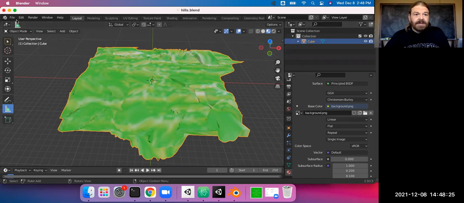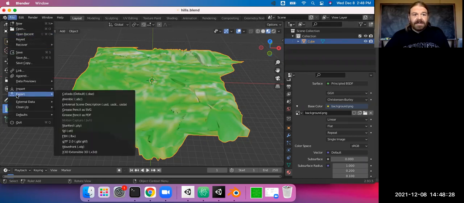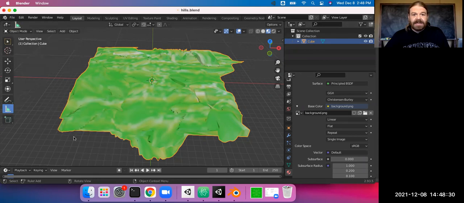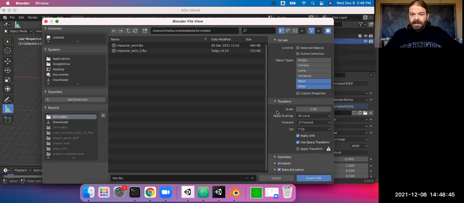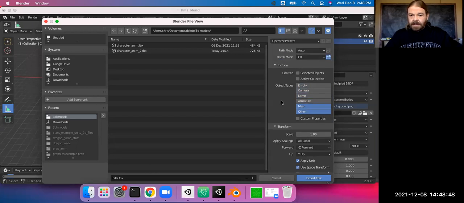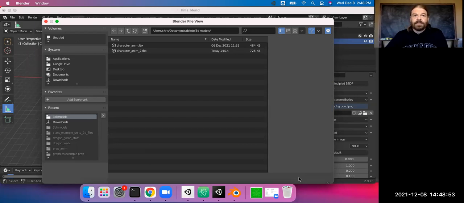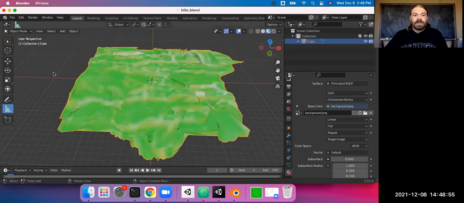So in this case, we might need to make that an FBX file. So export that as an FBX, Hills.fbx, and all we need is the mesh. There's no armature or animations or anything like this. Maybe other. Yeah, I'll just export that. I'm not completely sure if this is going to work or not. I haven't really tried it, but